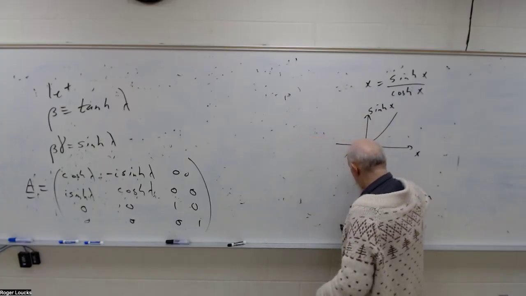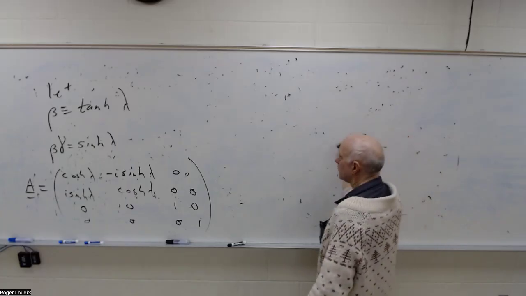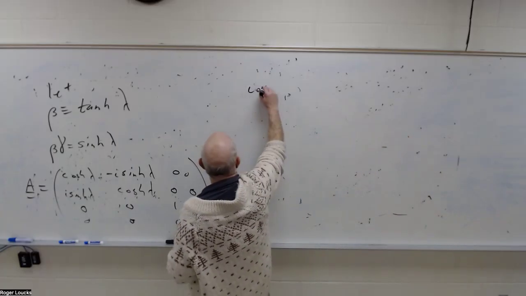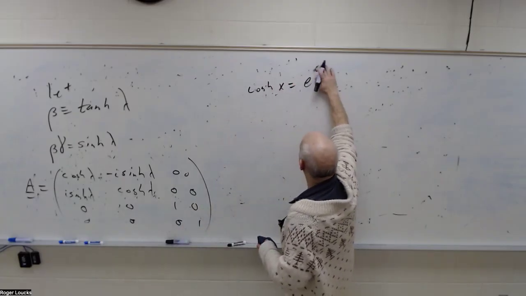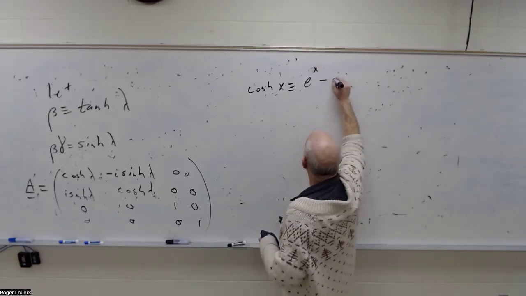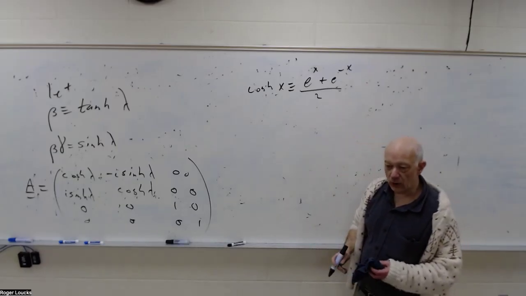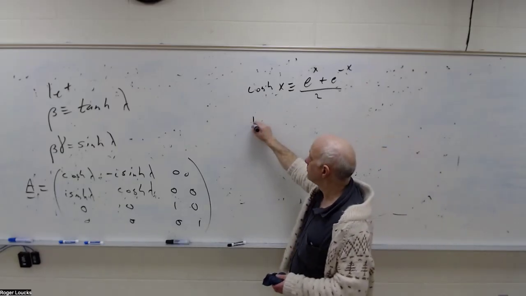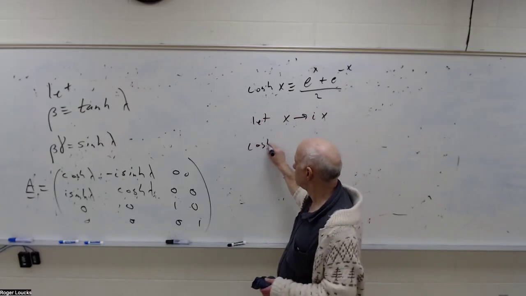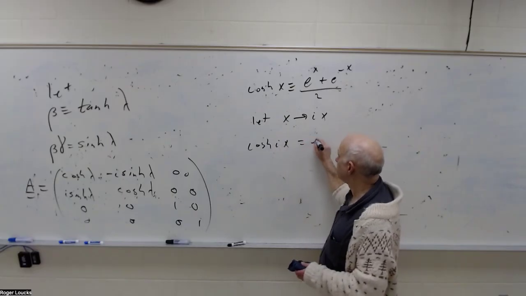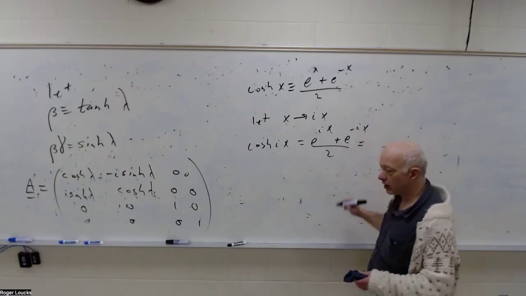So we started this. You know that our cosh of x is by definition this. So we said, what happens if we let x go to ix? So we have the cosh of ix. This is e to the ix plus e to the minus ix over 2, and that's nothing but